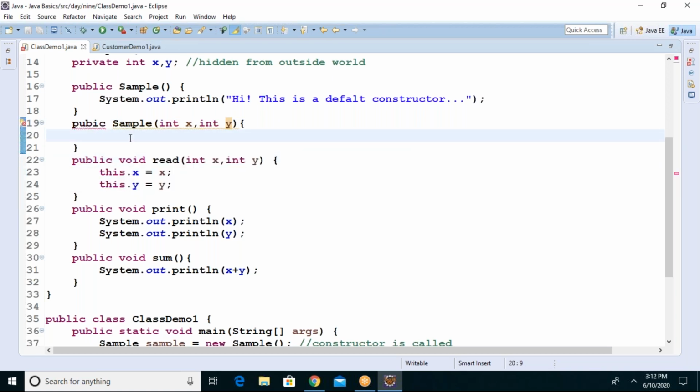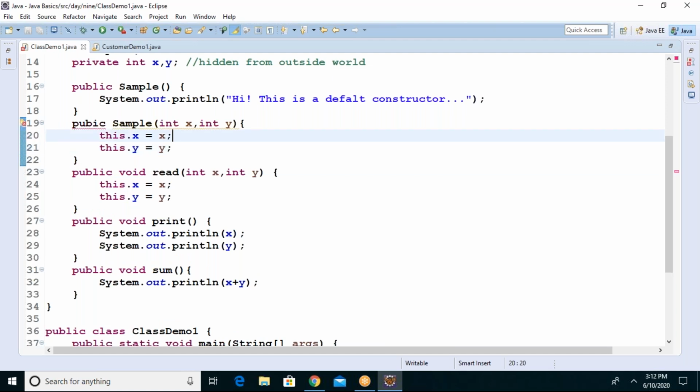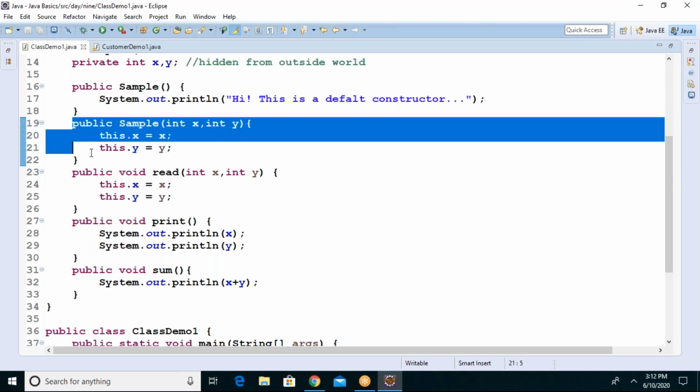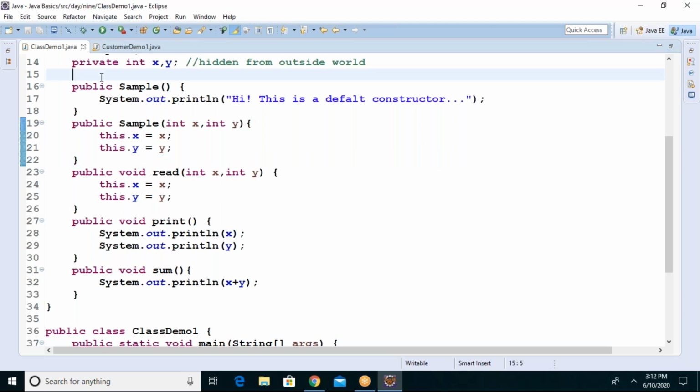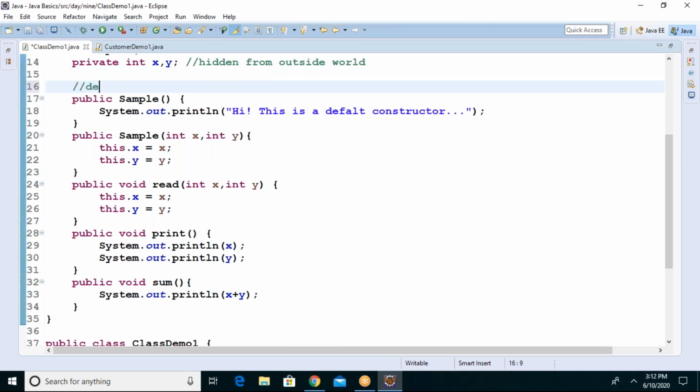Copy and paste. What is this error? Oh, public is missing. Sorry. You see, I wrote another constructor. So this constructor is called the default constructor.